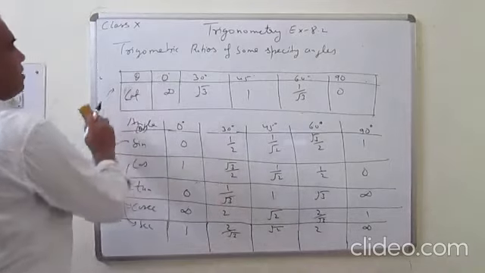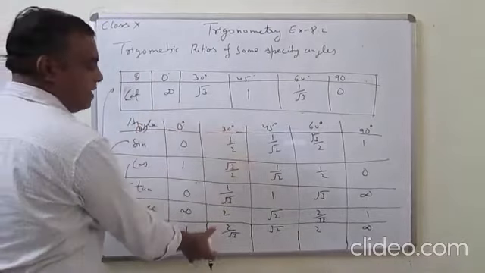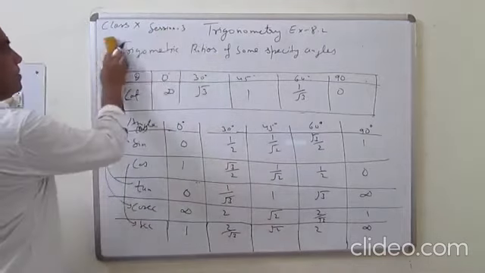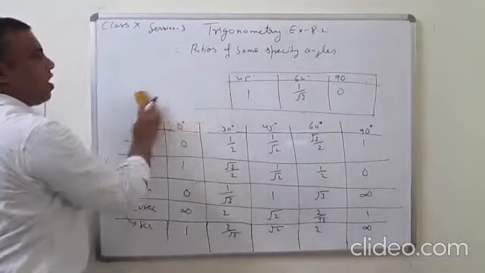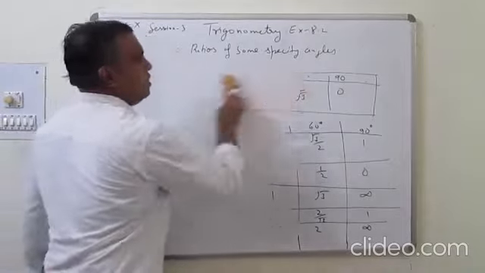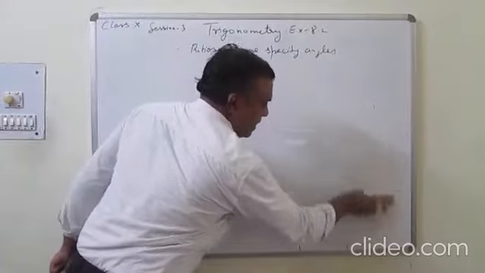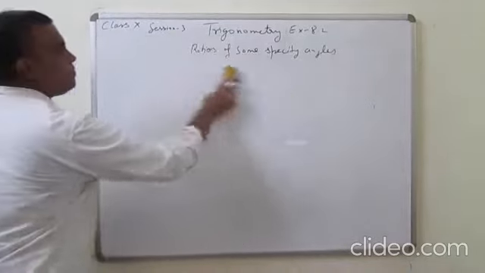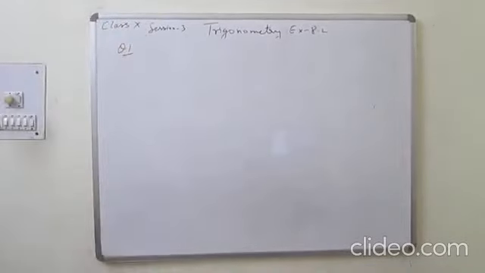Now I will take question number 1. This proof we already studied in session 1. Today it is session 3. सेशन 1 में अपन ने इसका सारा प्रूफ बता दिया है. How sin 30 comes 1/2, how cos 30 comes √3/2. This you have to calculate by right angle triangle, isosceles triangle, equilateral triangle. Now see question first of your book.